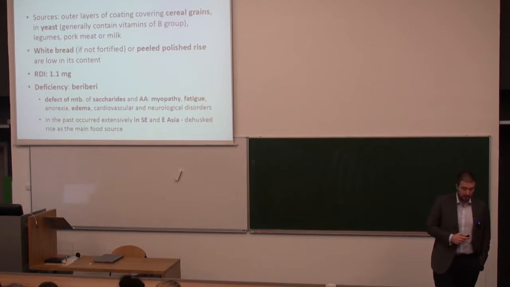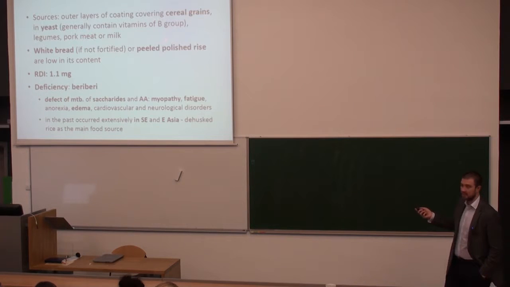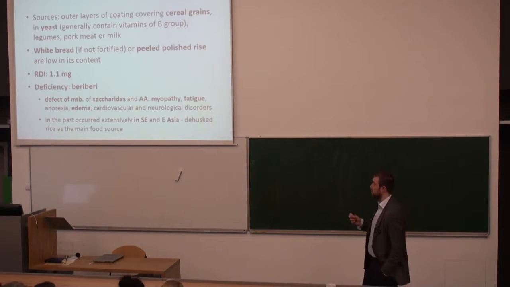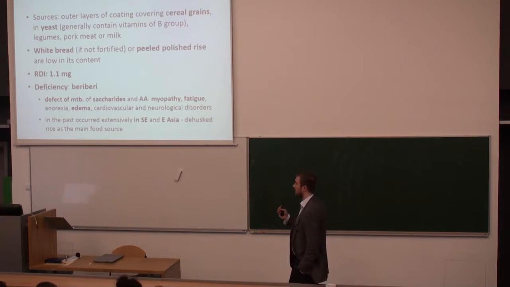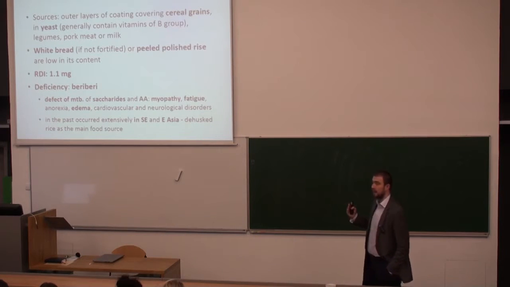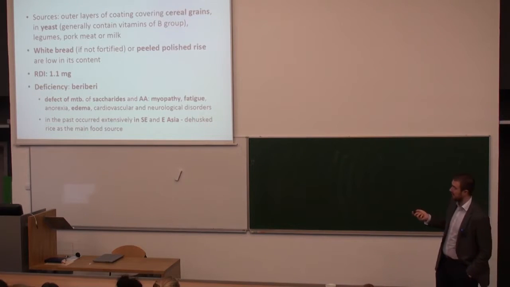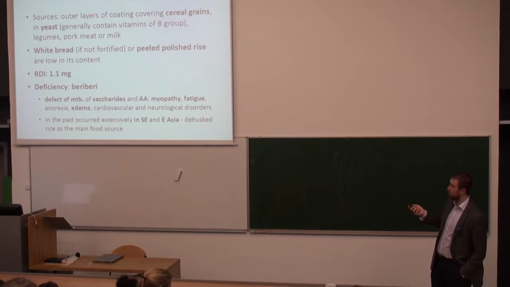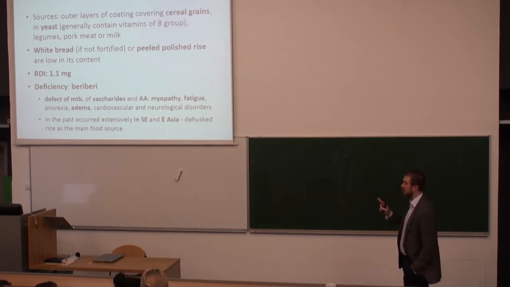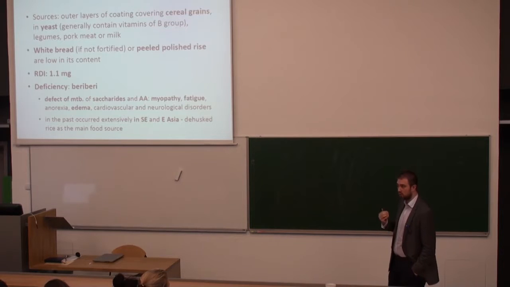Where can we find it? You know, for each vitamin you can read this long list. As you will see, for B group vitamins, you typically find them, for example, in the yeast. Yes. A good thing is to know whether there is something that is unique for that vitamin. And typically for thiamine, it was connected with one disease that developed through the fact that this vitamin is in the outer layers of the cereal grains, yes, in the coating of the cereal grains. That means that if you remove this coating,